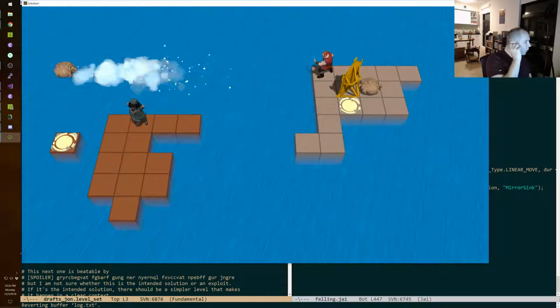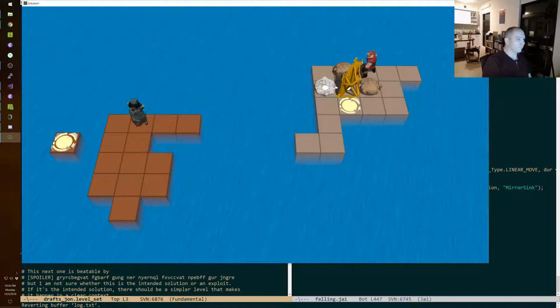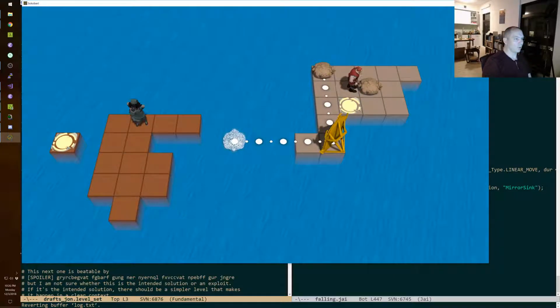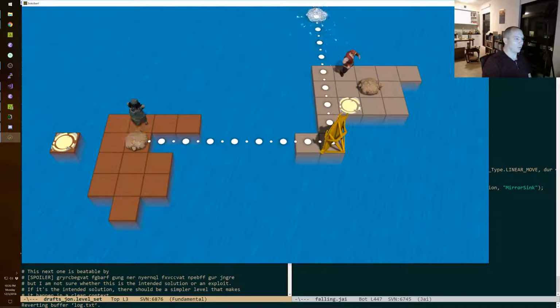So I can't do what I just did. I kind of want to push things to the left. I can't really do it, right? So what I have to do to solve is that, right? Now the thing is,